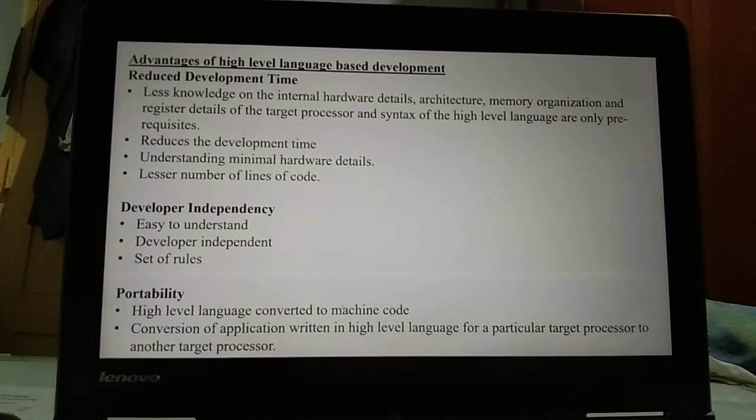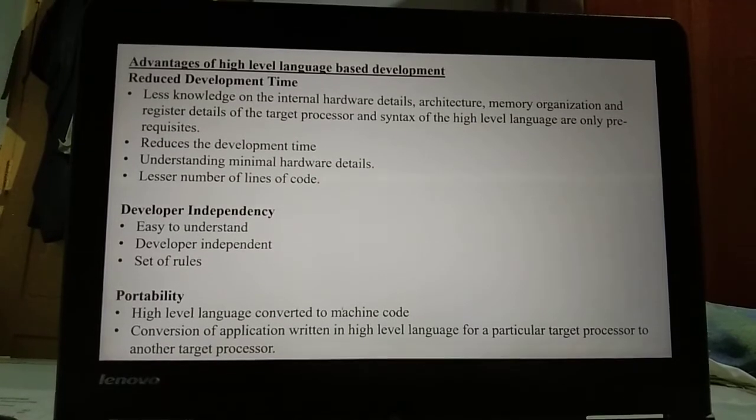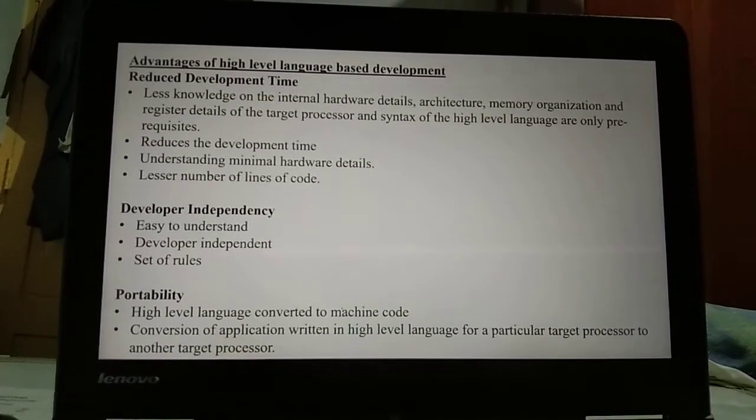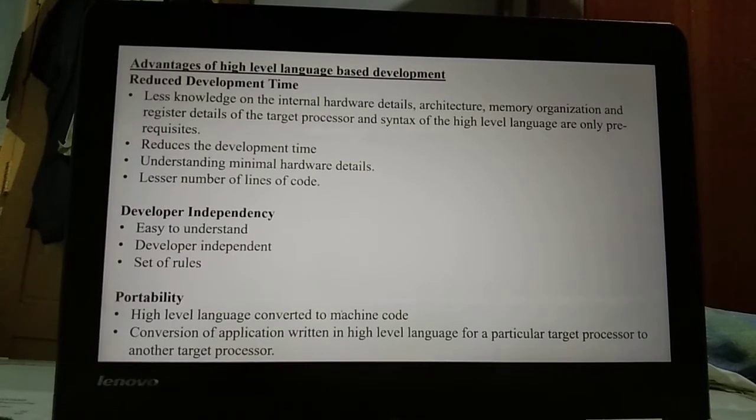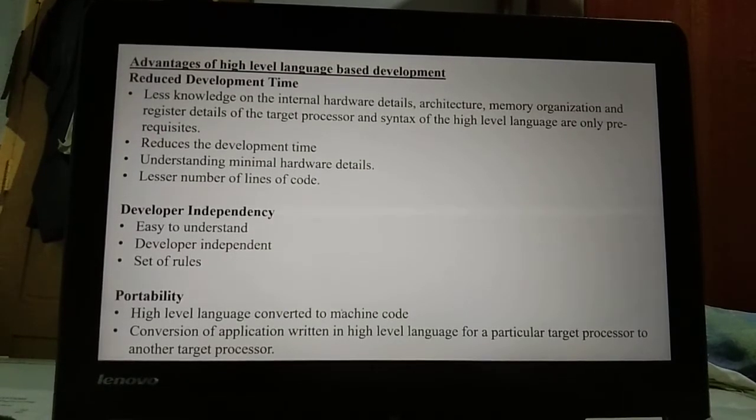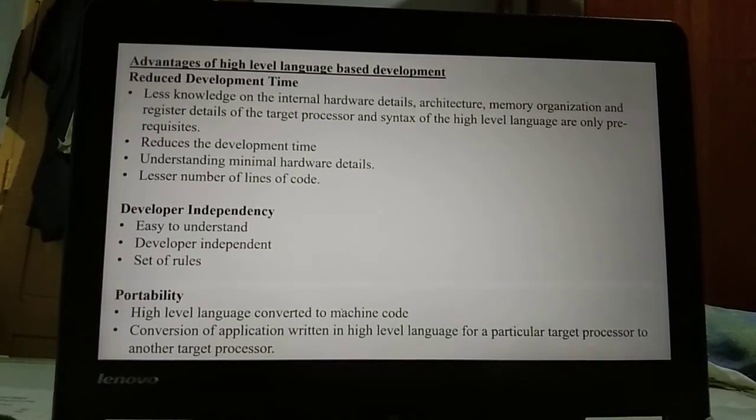Developer independency. It is easy to understand the code written in high-level language compared to the assembly language. Some instructions need to have knowledge of the hardware like memory and registers.